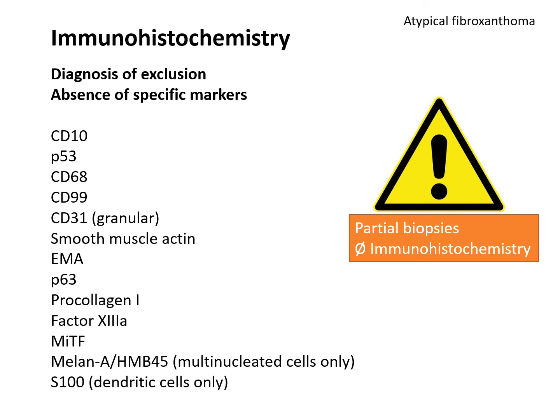And so immunohistochemistry is mandatory for the diagnosis. AFX is a diagnosis of exclusion, and there are no specific markers. AFX can be variably positive for a lot of the markers listed here. The most common ones are CD10, CD68, CD99, but to some extent they can be positive for many of these markers, including smooth muscle actin, EMA, P63, which is usually very focal, procollagen 1, factor 13A, microphthalmia transcription factor,